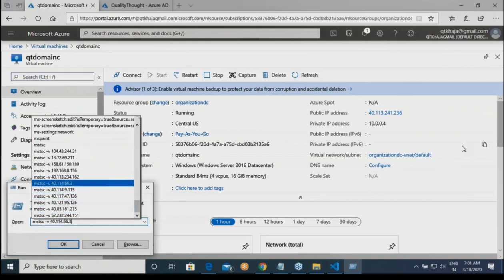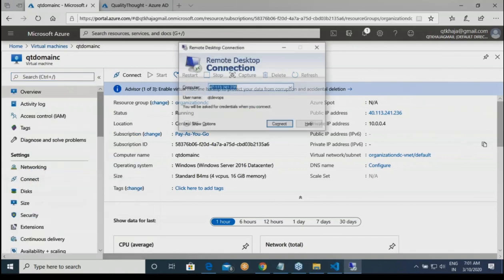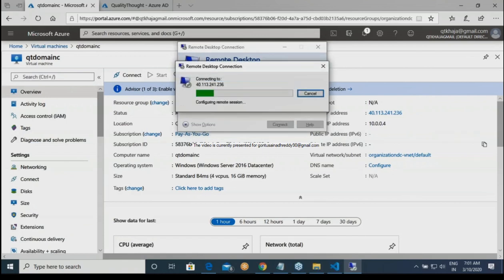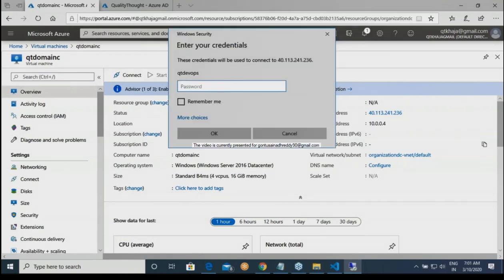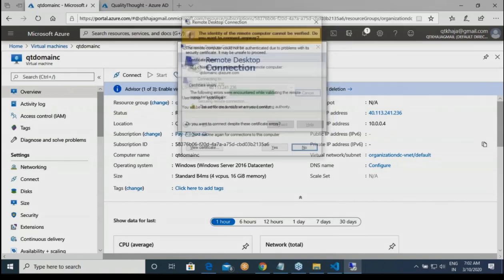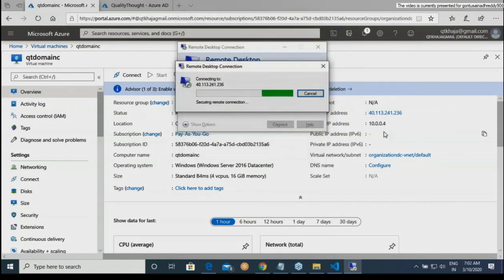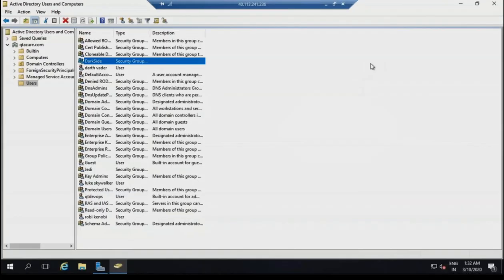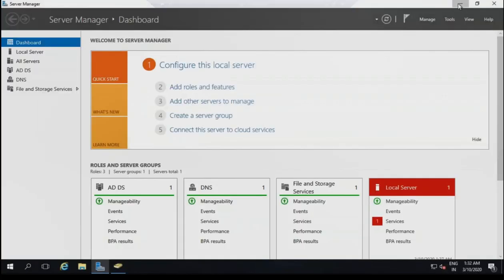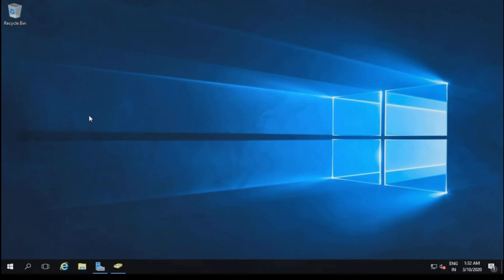So MSTSC. Okay. Right. Now over here, I have to install that Azure AD Connect. Okay. And once I install that Azure AD Connect, I'll be able to sync the users and groups, whatever I want, to my Azure Active Directory.